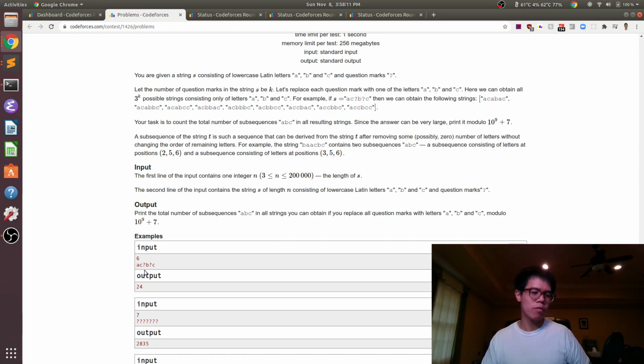Yeah, so basically for this B, the answer would be 4 times 4 is 16. And then this could also be a B. In that case, we have 1 way to get A, and then we have 4 ways to get C here, so that's another 4. Similarly, if this is the B, we have 1 way to get C on the right, then we have 3 plus 1 way to get A, so that's another 4. So it's 16 plus 4 plus 4 equals 24.